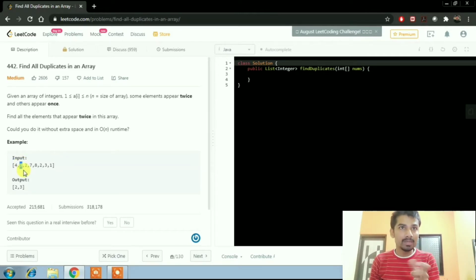If both the elements are different, we move on, and if they are the same, we put it in an array list and display the repeated elements. If we find 2 and 2, a duplicate, then we return these 2 and 3, which are duplicates in the array. So the first method is sorting.